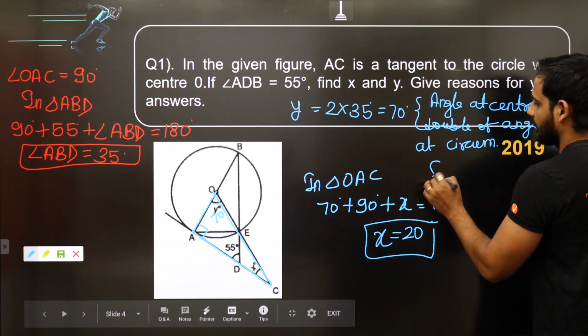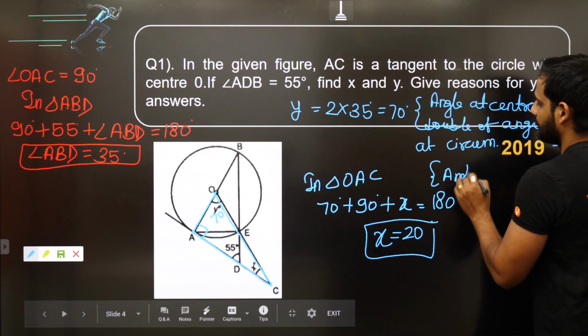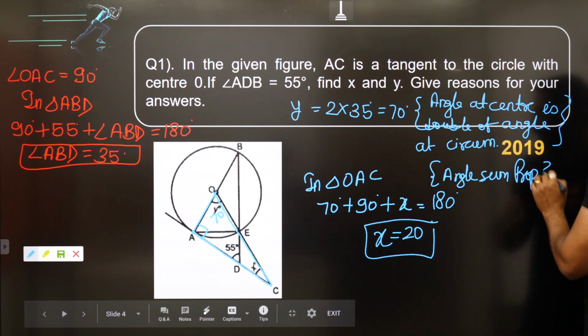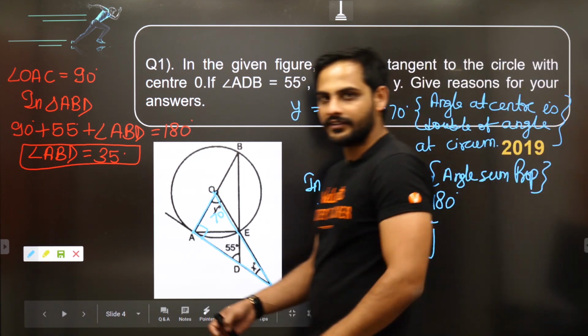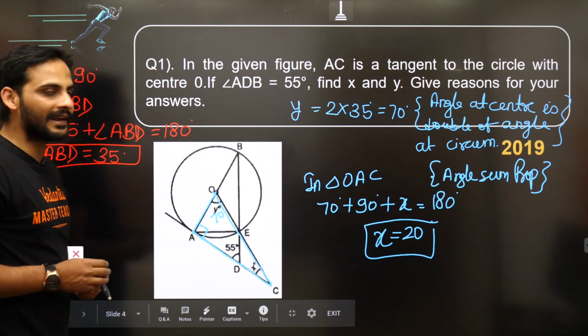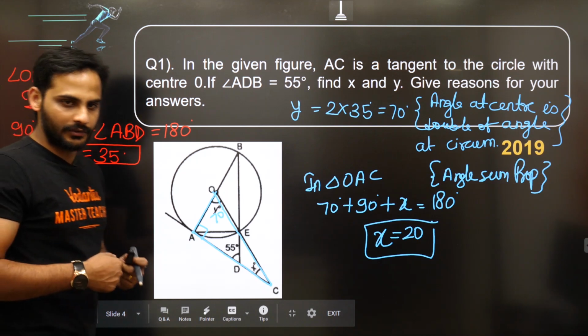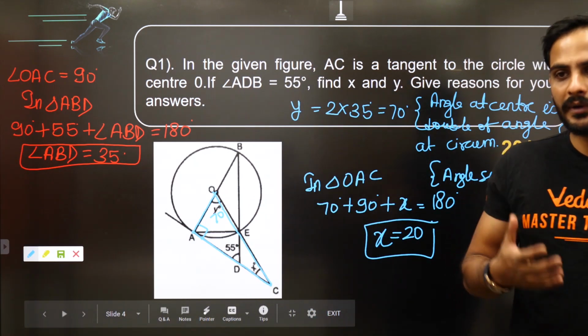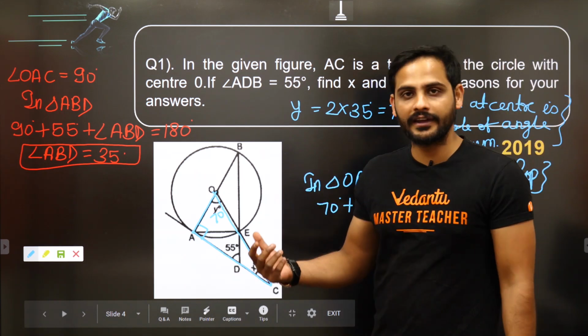So here we have used angle sum property. So this is how you can solve this question. Very easy question, but the main thing is to think about it, to observe this diagram carefully and get the solution. There are plenty of ways to solve this question, but what I want you to clarify here is that